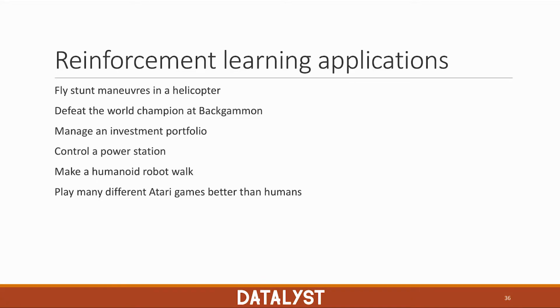Reinforcement learning has many applications in the real world. You can teach a drone how to fly itself. You can teach a reinforcement learning algorithm to learn to play any game. This could be backgammon or chess or whatever. It's used a lot in finance as well. It's used a lot to invest in portfolios or to make trades, etc. And obviously in robotics. Reinforcement learning has been very successful recently through DeepMind, because DeepMind developed a reinforcement learning model